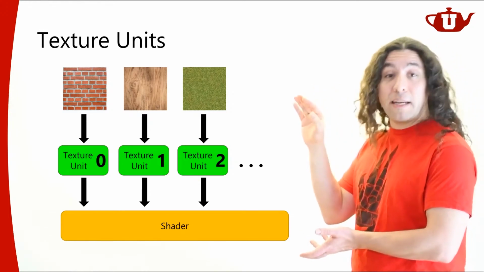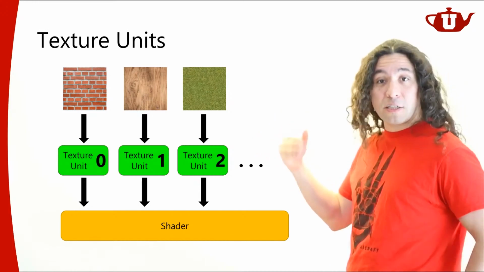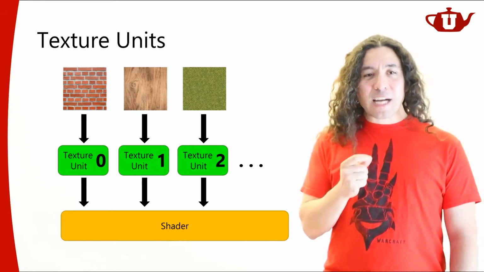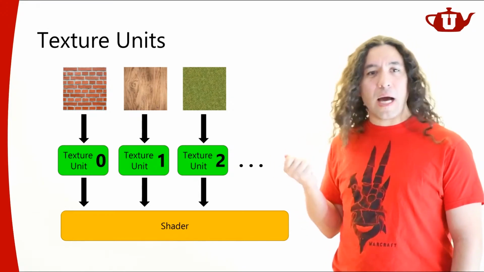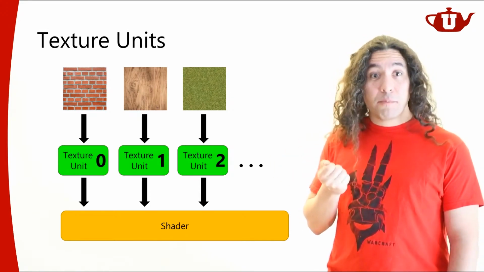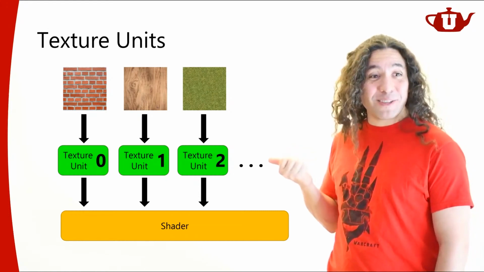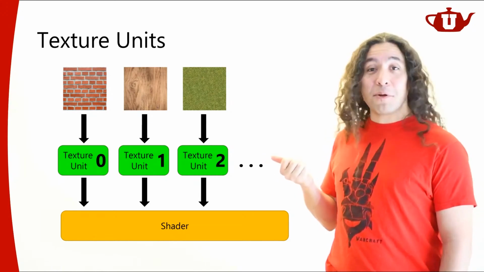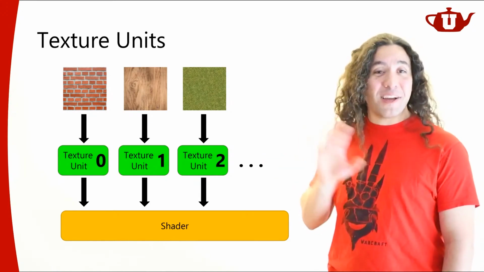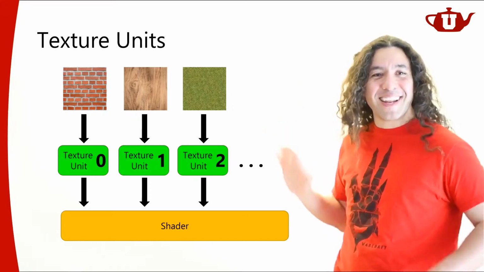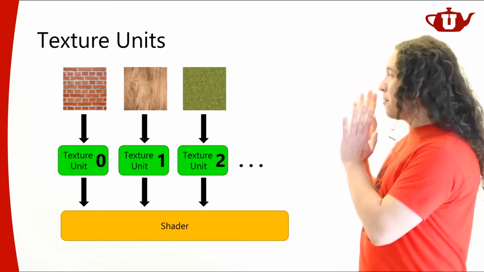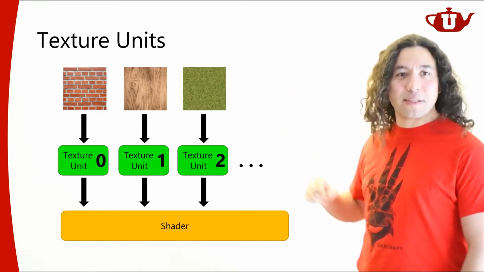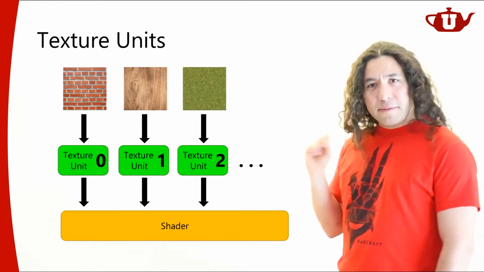This is how you should understand your GPU: that it has multiple texture units, multiple physical texture units. But whether or not it actually has those units, I don't care. Because if my GPU doesn't have these units, it will act as if it does, and it will trick me into thinking that it does. So it doesn't matter if it actually physically has these units. From our perspective, it will have these multiple units, and I'm going to attach one texture to each one of these units.